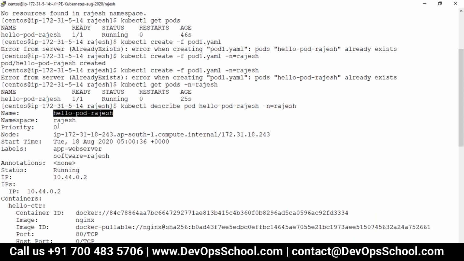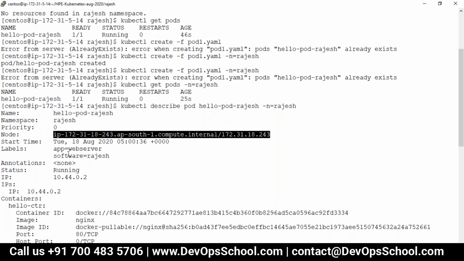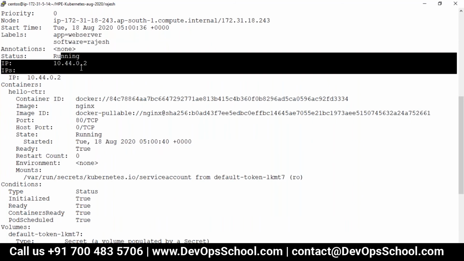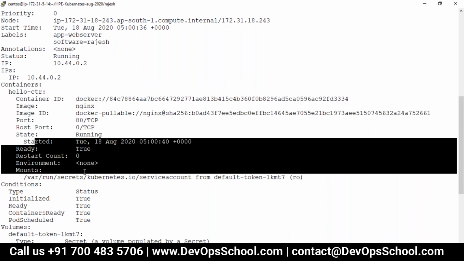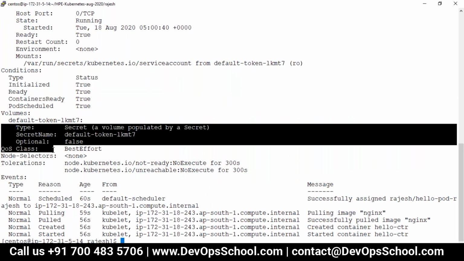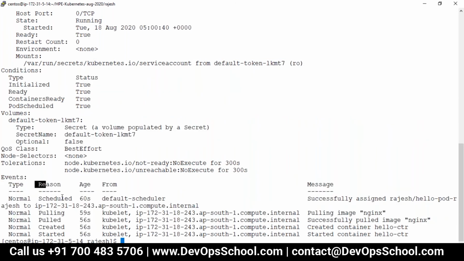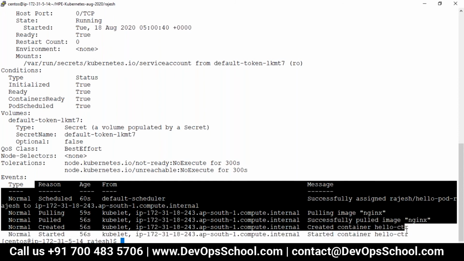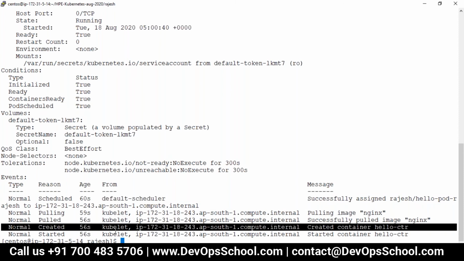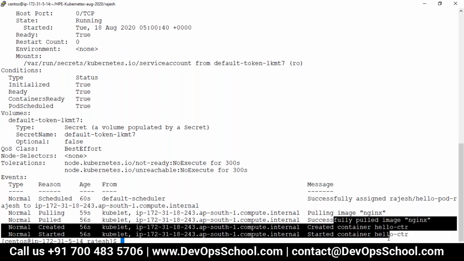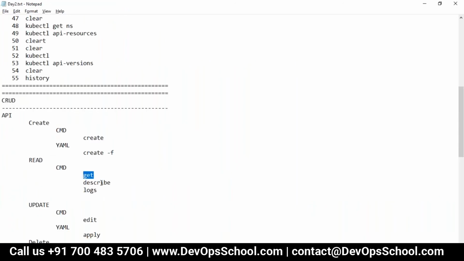See here, the pod name, and this image is running on port 80. Everything you have: some conditions, some volumes, some events. These are the kubelet events, by the way. Sorry, not kubectl, kubelet events. See here, it was successfully assigned. The scheduler assigned this work, Docker started pulling with the help of the kubelet, and then done. So please read each and every option. You'll build understanding of what I describe.